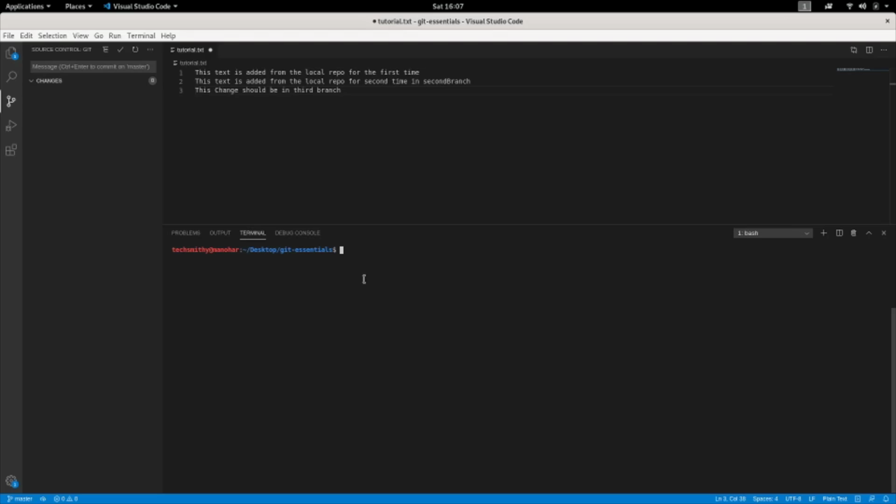And after doing that, if you want to create new branches, like say you want to create new features, one branch for every feature, you can do git branch and the branch name, or git checkout -b branch name. Both will create a new branch. You need to switch to that branch and start doing your local changes there.